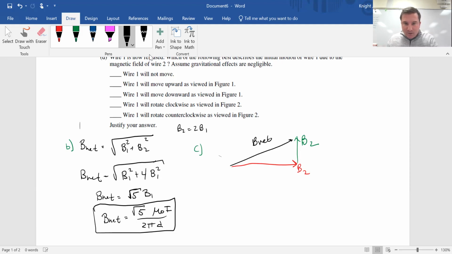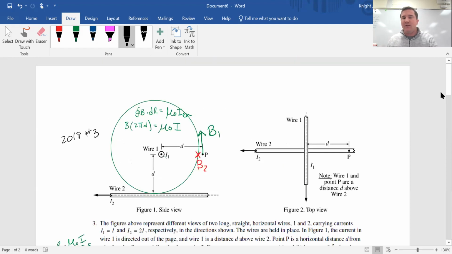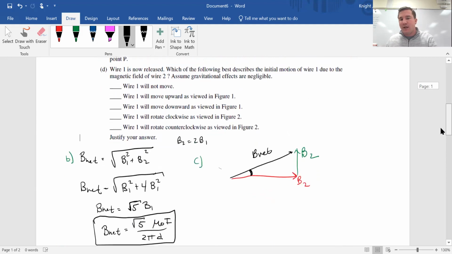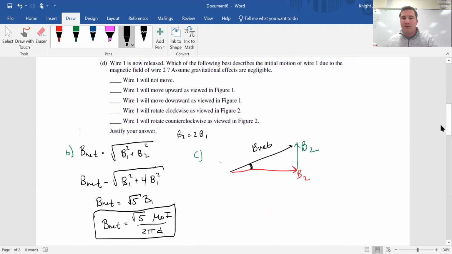And the angle to the horizontal, you can see B2 is the one that's on the horizontal. B2 is in the horizontal plane, B1 is in the vertical plane. So we really want to know what's the angle between our net magnetic field and B2. So that's what we have here. We could really use any equation we wanted now. I used inverse tangent. So tan^-1 of